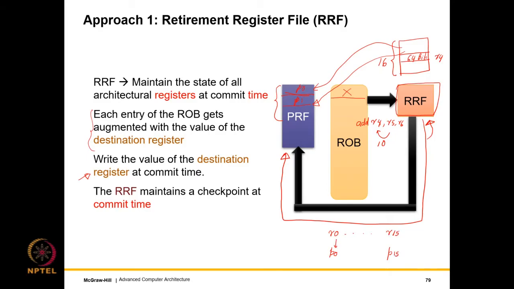R0 to P0, R15 to P15, and this is because we are essentially starting afresh. So we have the liberty to change the mapping. We do that and we copy the state of the entire architectural register file to the PRF. So this is undoubtedly a simple method, because what we are doing is a fresh start.